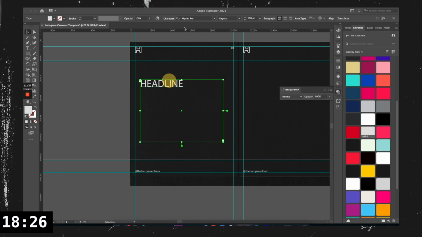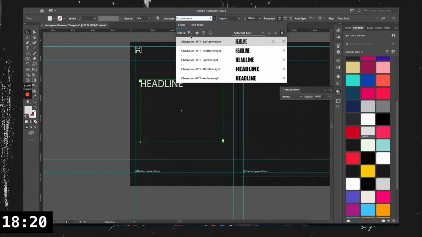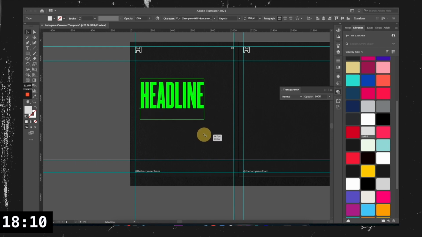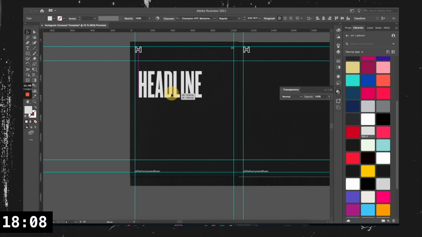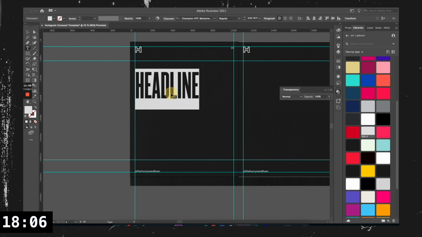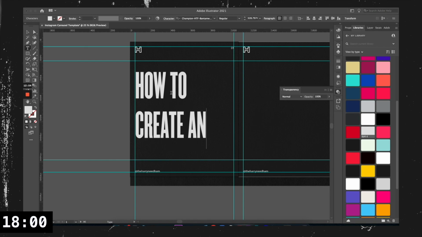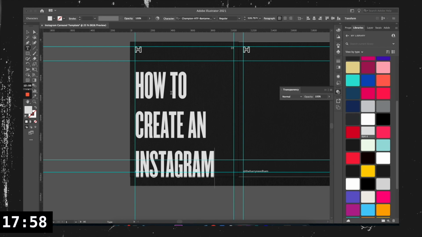At the moment I'm using Myriad Pro, but I don't want to use this font because it's quite a wide font, so I prefer using Champion Gothic, and there's many different variations of it. And again I'm going to double tap that little circle, and then the good thing about Champion as a font is it's very narrow. You can get a lot more writing in on your cover slides or on all the slides. So I'm going to say how to create an Instagram